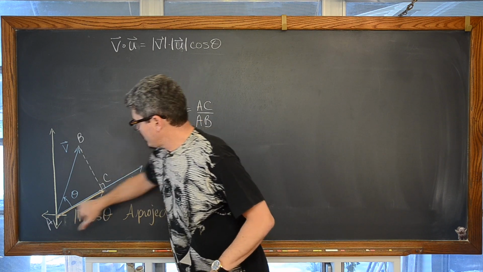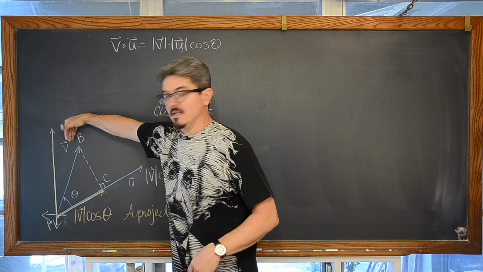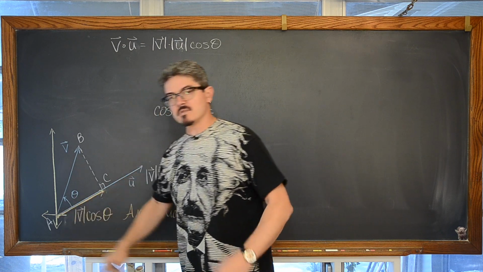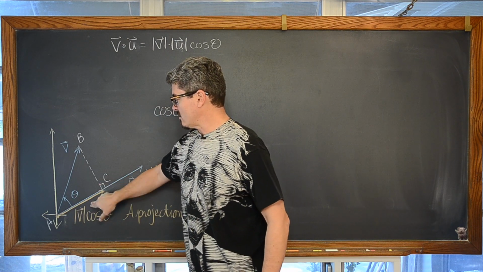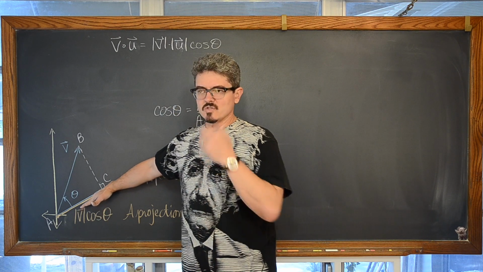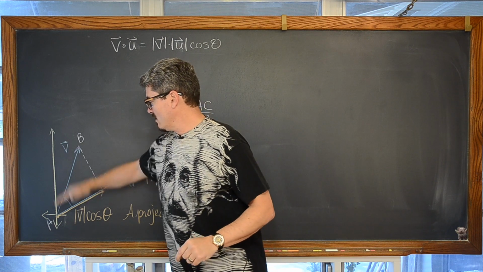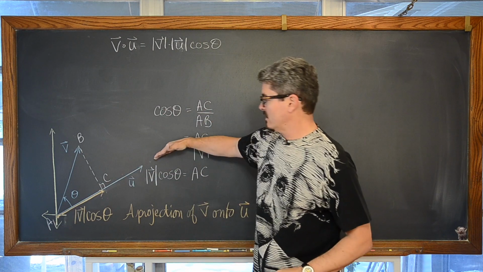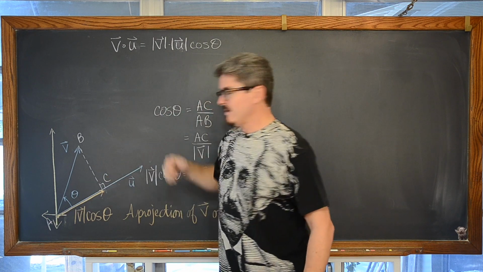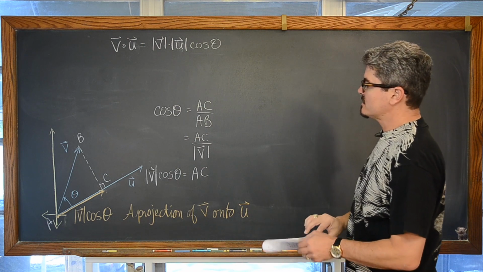These perpendicular components, this orange segment, is the part of vector v that is on vector u. Now you might be saying, hey, this isn't necessarily horizontal, so maybe I need to change my language, but it's the perpendicular components that make up v, where one of those perpendicular components goes along vector u. So it's the part of vector v that extends along vector u.